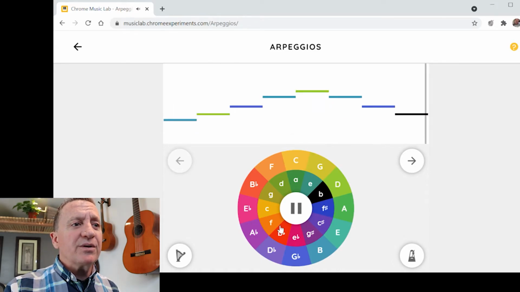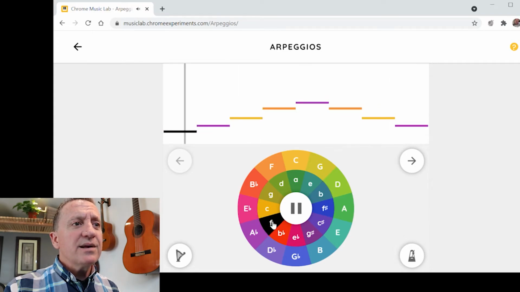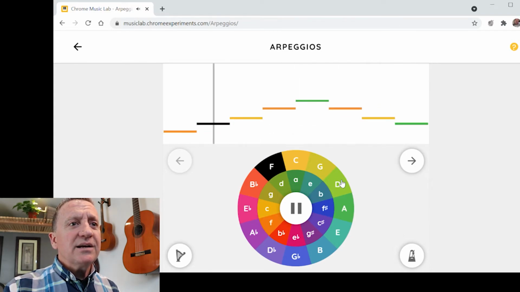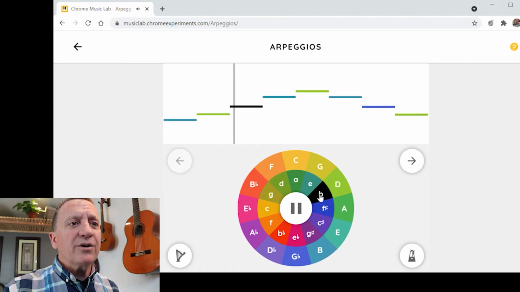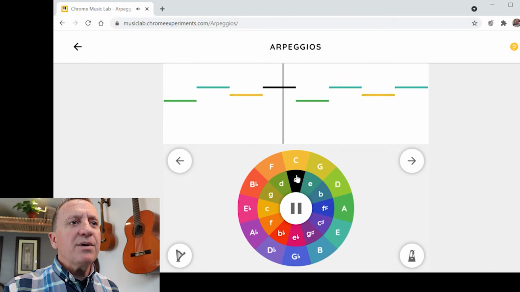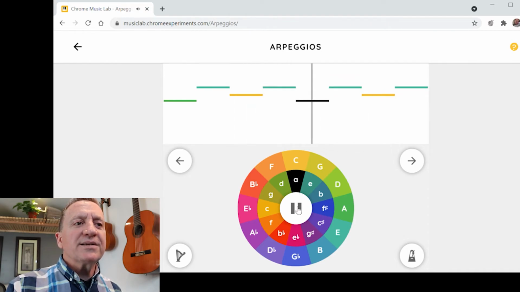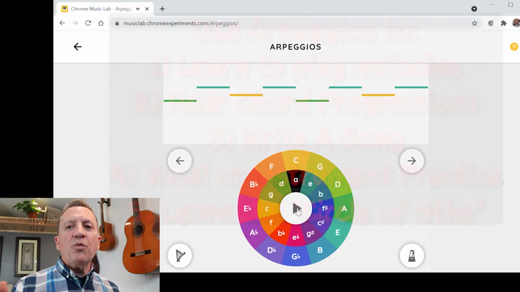You don't even have to stop it. You want an F chord, F minor? How about F major? D major, B minor, whatever chord you want. Oh, I want a different variety? All right, A minor, there we go. Simple as that. This can be used in so many different ways.